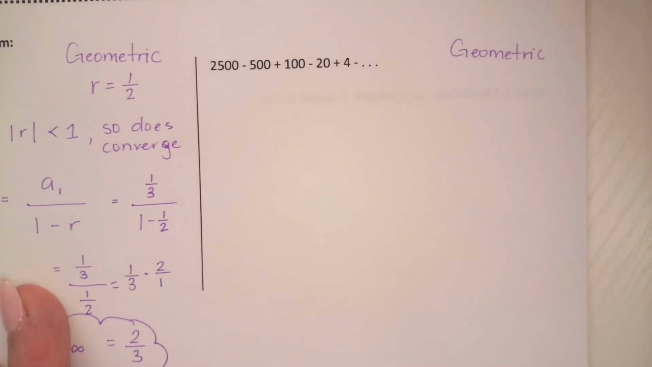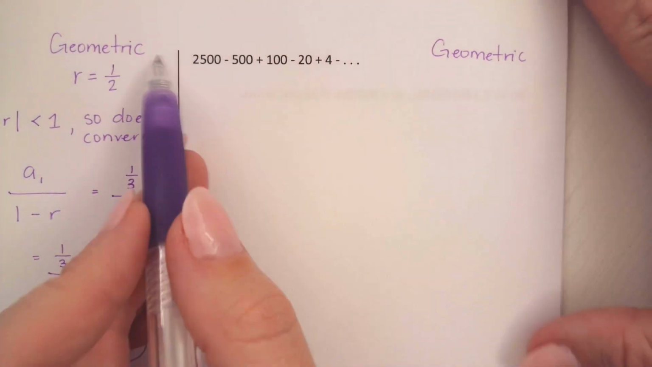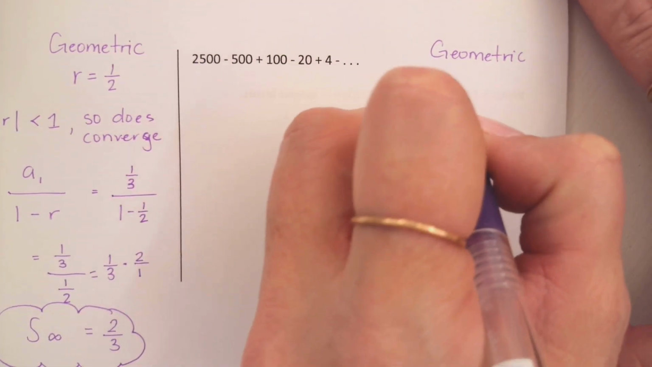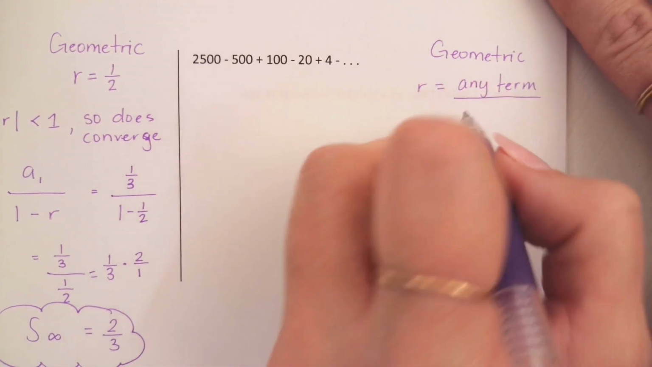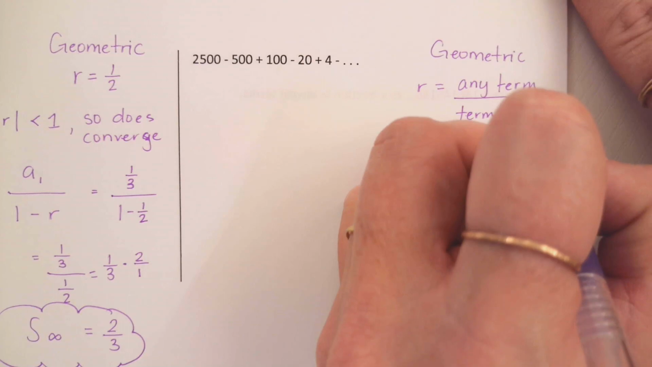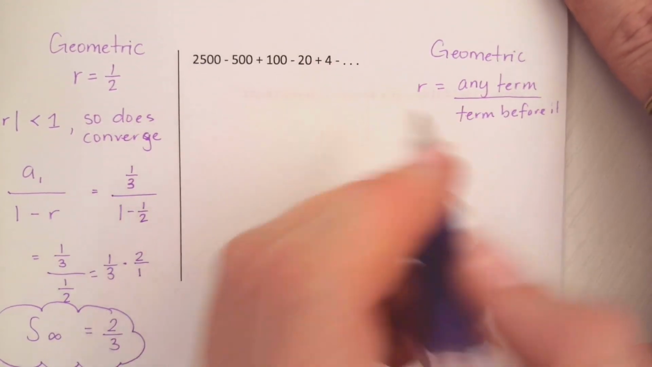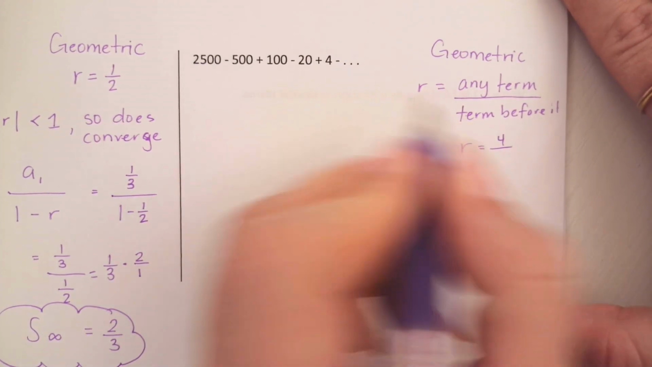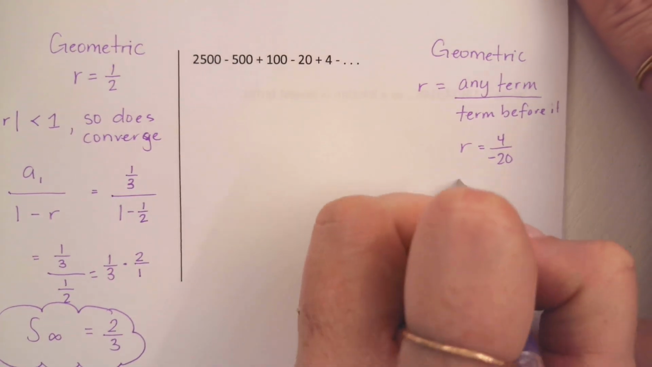All right. If you've ever had trouble figuring out what the common ratio is, we talked about this on the day we learned how to write the sequence equations. We said if you ever don't know what the common ratio is, you can take any term in the sequence and put it over the term right before it. And then you can just simplify it. So like I can take 4 and put it over the term before it, which is negative 20. And 4 over negative 20 would simplify to negative